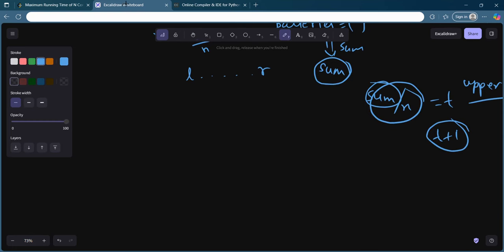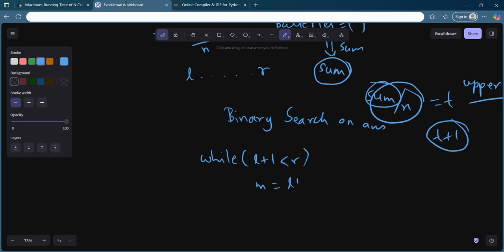And so what you will write, I hope you already know how to do binary search on answer, right? If you have not, you can see my previous videos on this, and also Google that out, okay, how to do binary search on answer. What we generally use as the template is, while L plus 1 less than R, I do M equal to L plus R by 2, and